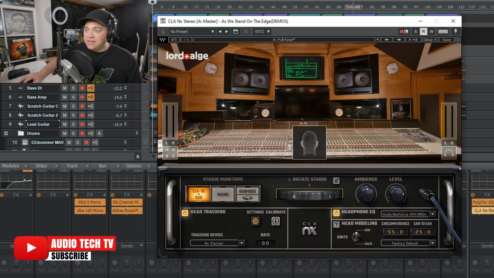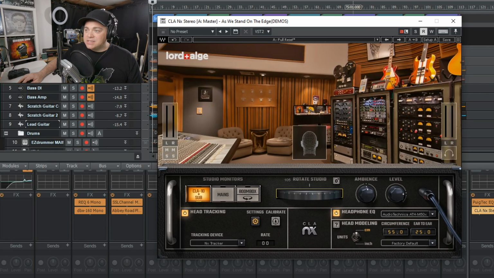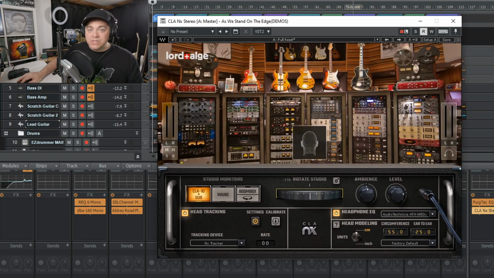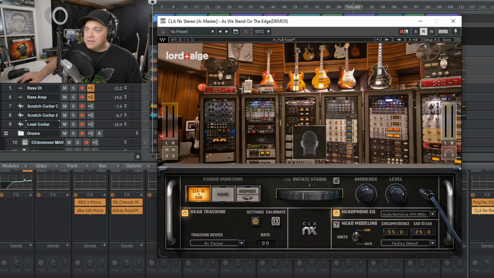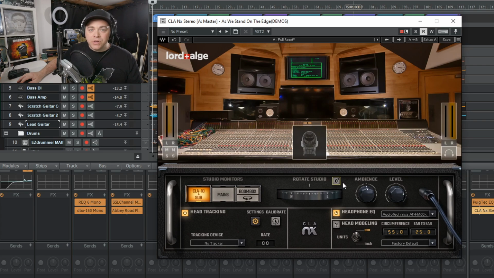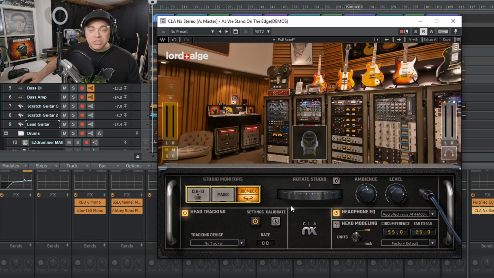And you can see if I click here, and I turn this around like that, we can see all around Chris Lord-Alge's studio. You see he has some nice guitars up there, a ton of rack gear. And if you want to quickly get back to the default look, you just press this 0 degrees button and it brings you back there. And another cool thing is if you press the arrow underneath Boombox, it switches you to a behind look where you're looking at the boombox.